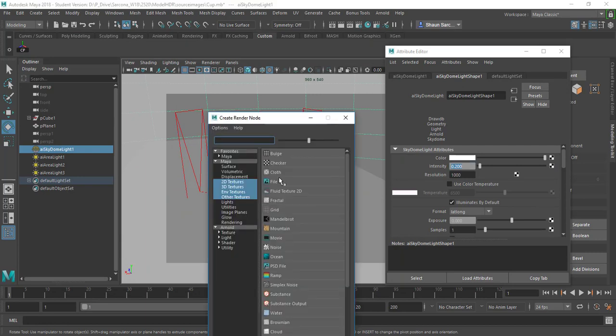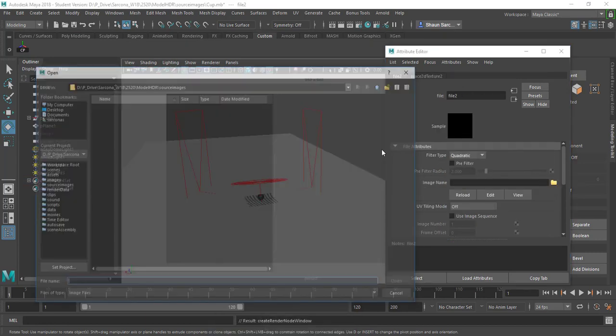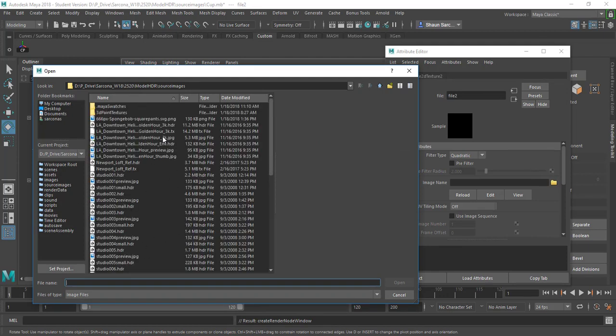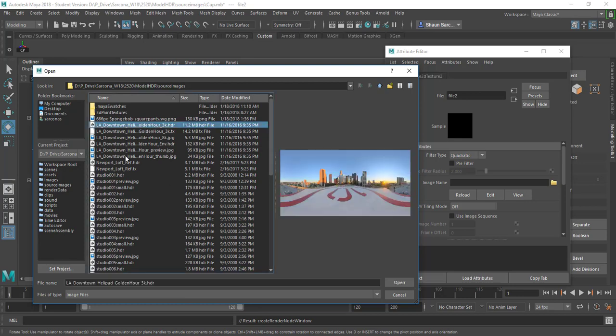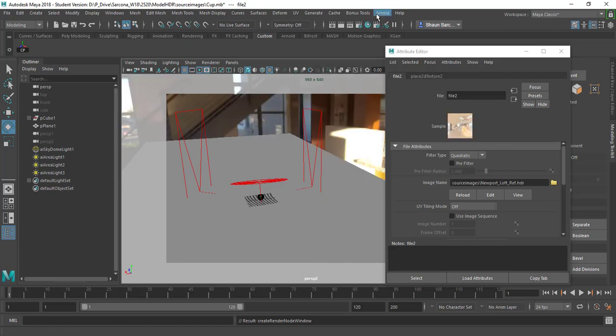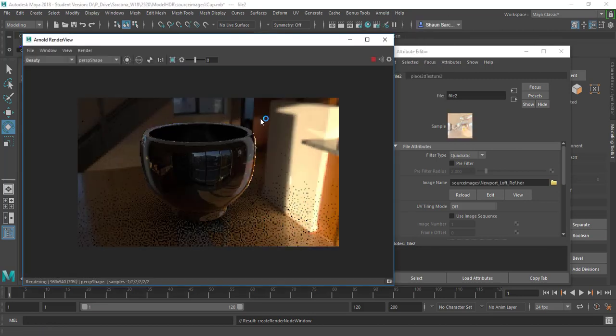So if I went to the color of this, I have several HDRs in this folder, just thinking. So I'll grab that one. Actually, I'll grab the loft. Alright, there it is. So now we can see the reflection of the loft in here, plus we also get